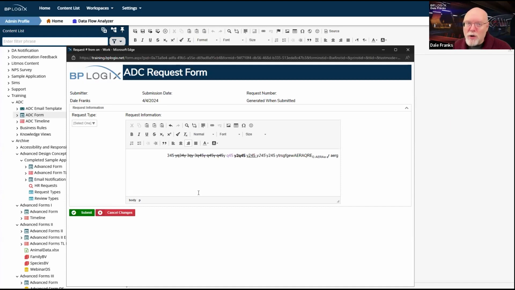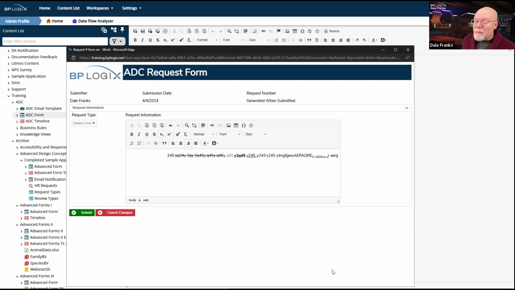This is going to cause you a problem later if you want to use, say, a system variable to return the value of this field, because the value that's going to get returned is the raw HTML that gets stored to allow this to be strike through, this to be purple, bold, underlined, subscript, whatever.